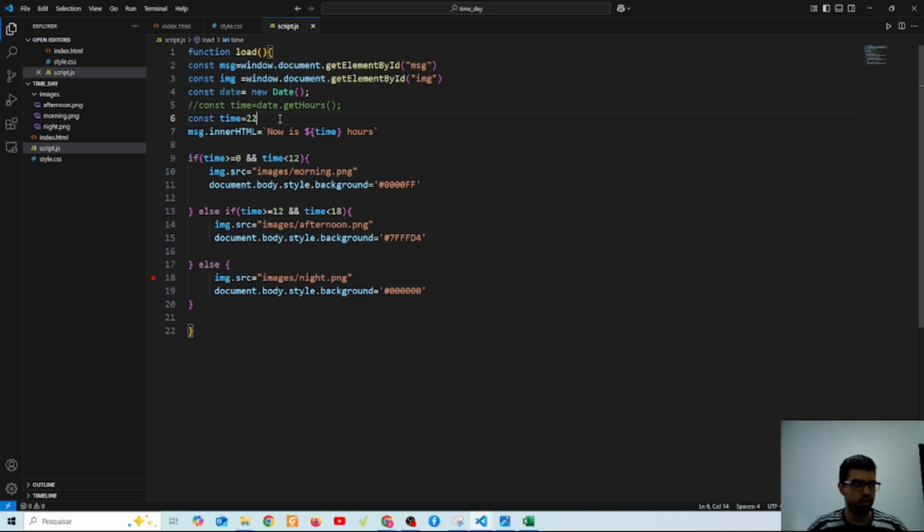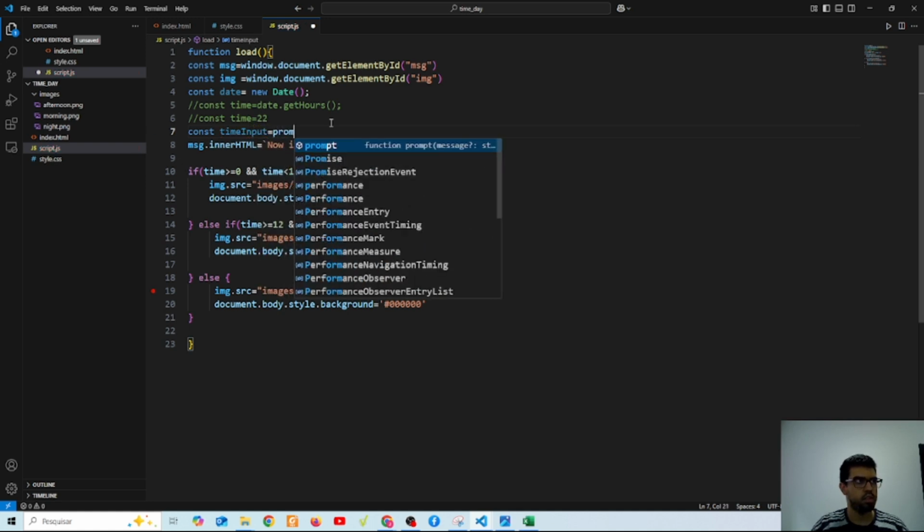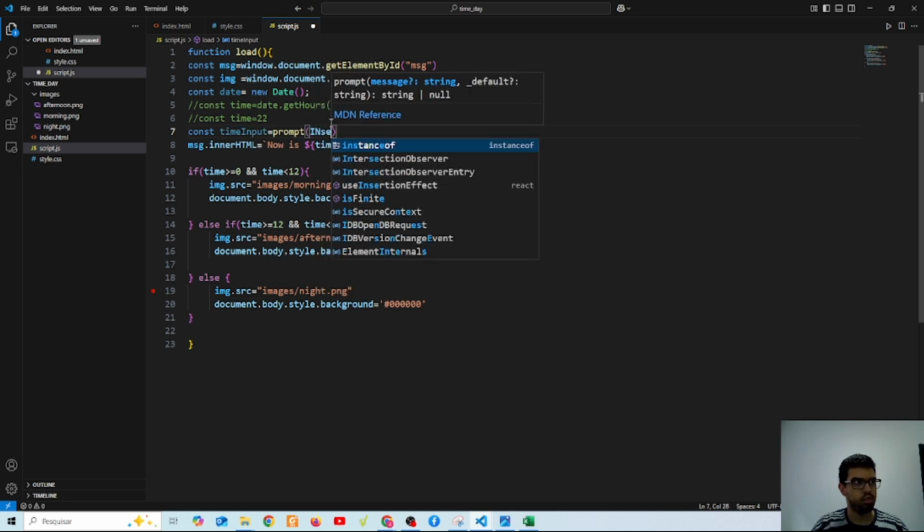So let's just change here. How can you do that? Let's comment this, let's save that, and let's create a const called timeInput. All right, timeInput, and let's insert a prompt. Yes, and here "Insert a time"